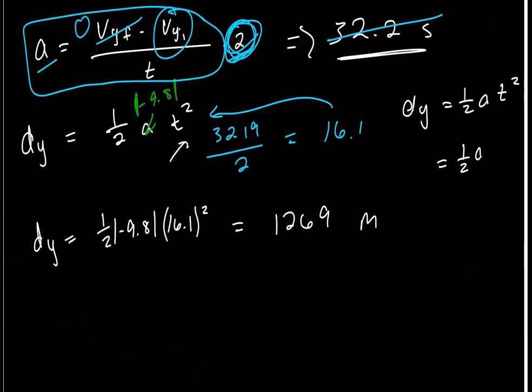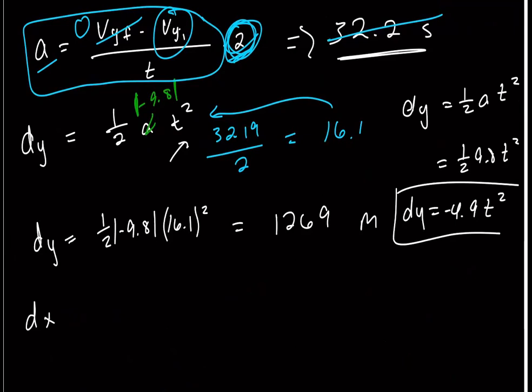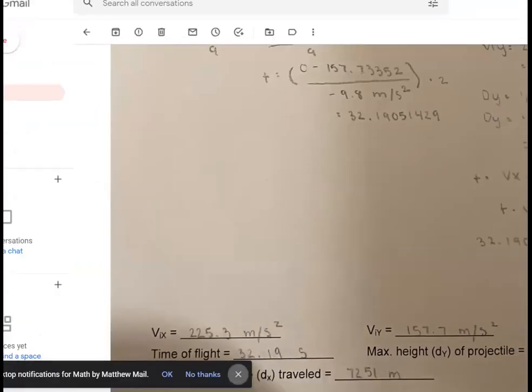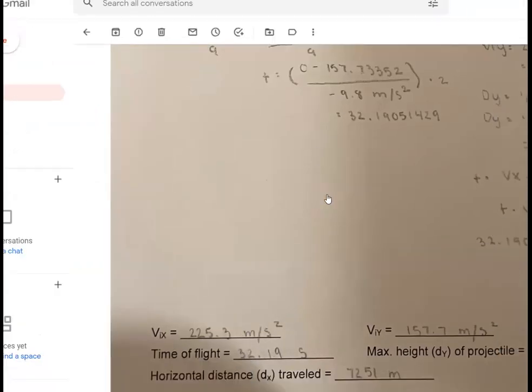9.8 again, right? Which you know very well, which is actually just 4.9 t squared. You don't even have to worry about a acceleration in truth. This is actually the equation. Sometimes a minus sign, sometimes not, depends on your problem. Okay, the last thing is dx. This is the same as your equation for r, but it doesn't matter. Forget I said that, because you already are given an equation for that, and you know that